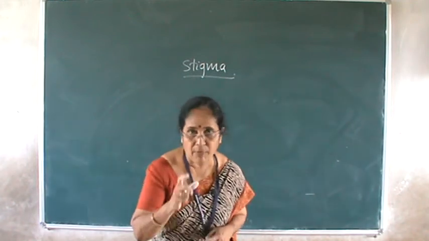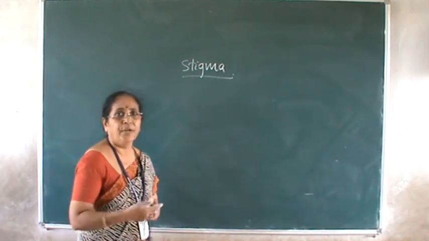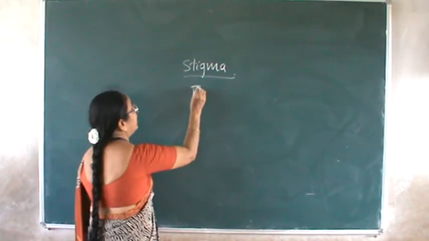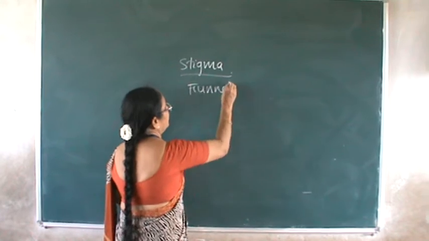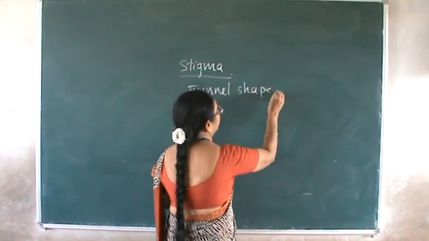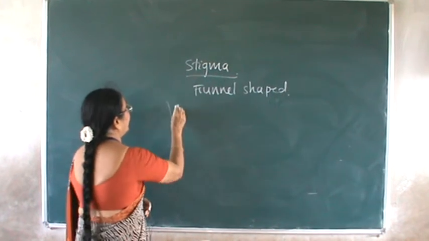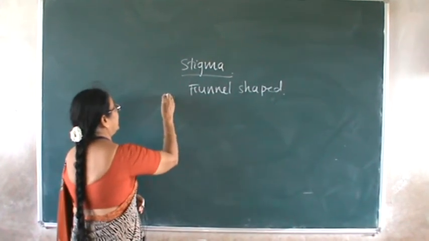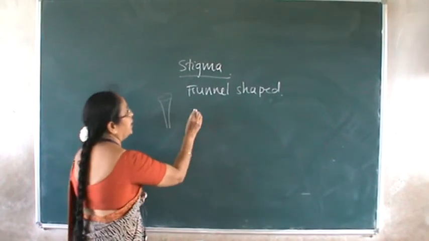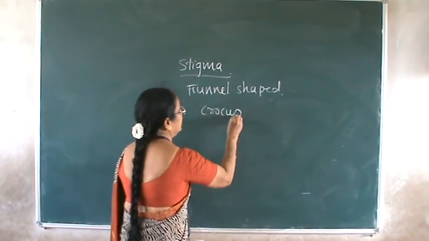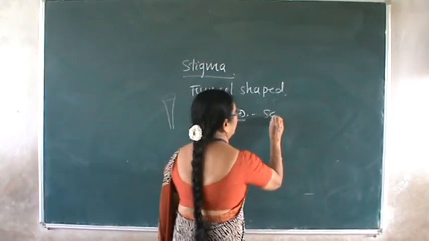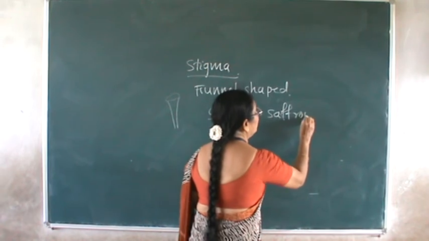And very specifically, one good example I want to add to the stigma types is the funnel-shaped stigma. This you must know. It is a very nice looking funnel-like stigma, with a very nice flower-like appearance, and this is found in crocus. Crocus is the plant called saffron, kesari. So we use kesari in